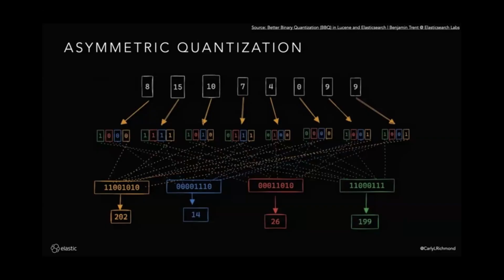In order to reduce some of the loss and improve recall, it's asymmetric. As you can see from the example here, that means we take the query vector and convert it to int4 rather than to a bit vector. Then we do bit shifting, which works in an equivalent way to dot product. There's a great article up there which explains a lot of the maths, and I'm not going to. That basically works in an equivalent mechanism.